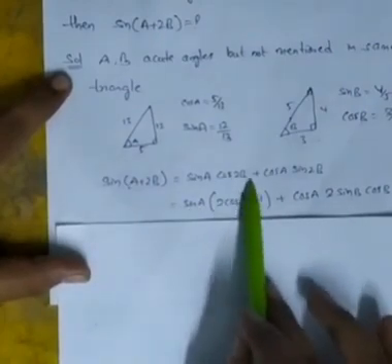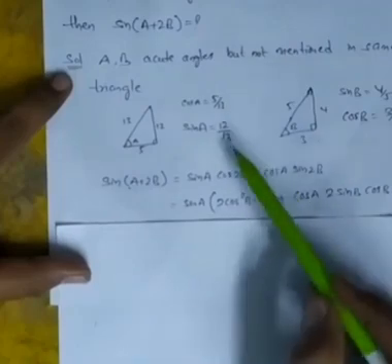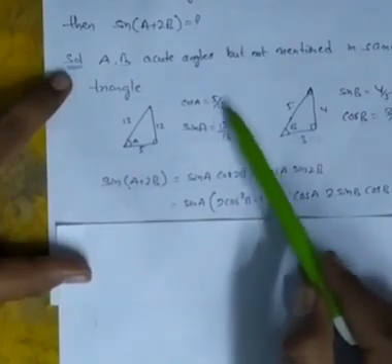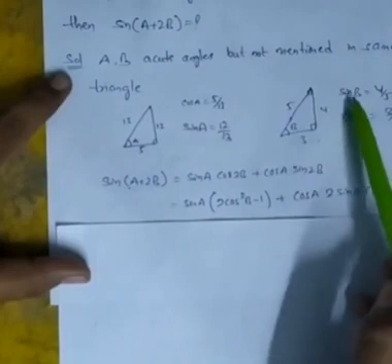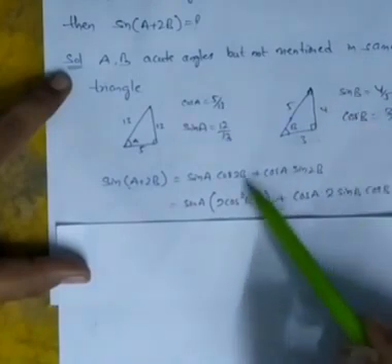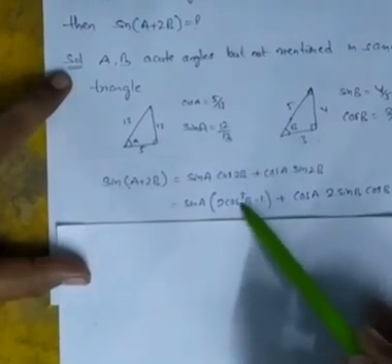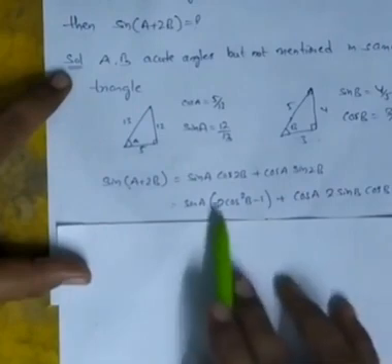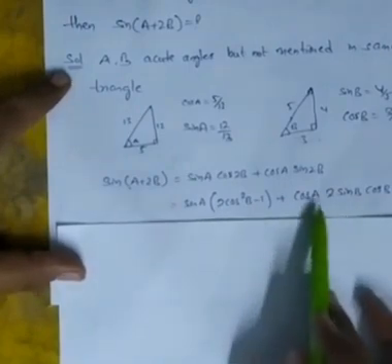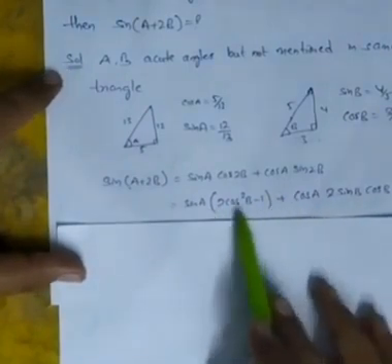So here, because we know from the above triangles we can only say cos A, sin B, cos B, but we don't know cos 2B. So we are writing those 2θ, 2B terms in terms of a single term here. So directly we are looking at a simplified version of the question.